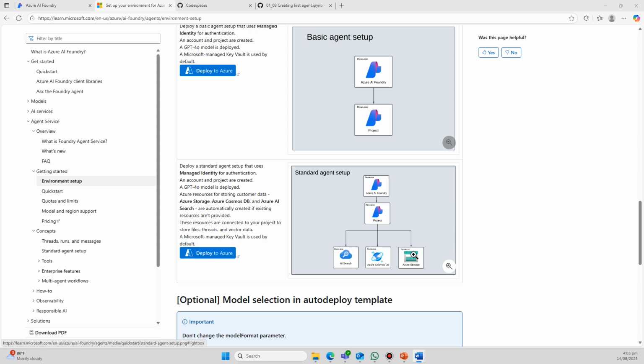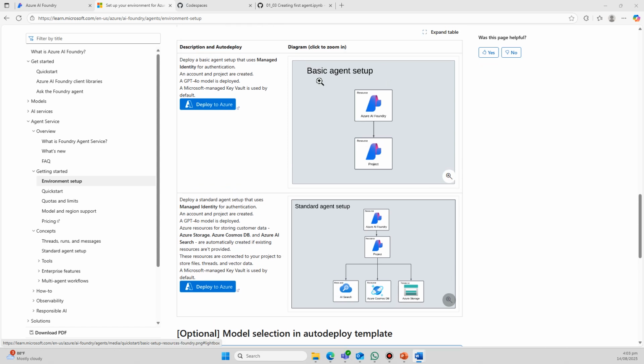So in general, once you have the standard agent setup, you'll be able to see, for example, your user interactions. So every time you make a user input and the system provides a response, you'll be able to see it immediately in your Cosmos database. Every time you upload a file for the agent to refer to for any responses, you will see the raw file in Azure Storage and you'll see the index in Azure AI Search. So that's what the standard agent setup provides you, the flexibility to be able to see all of that.